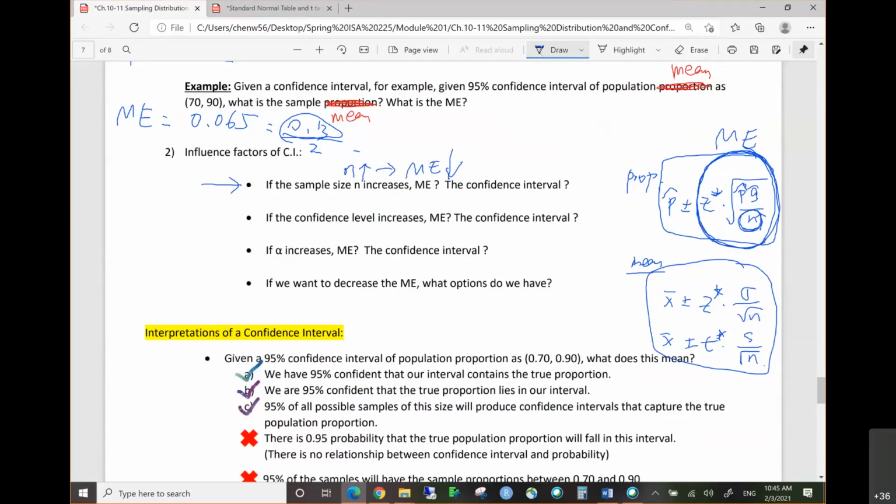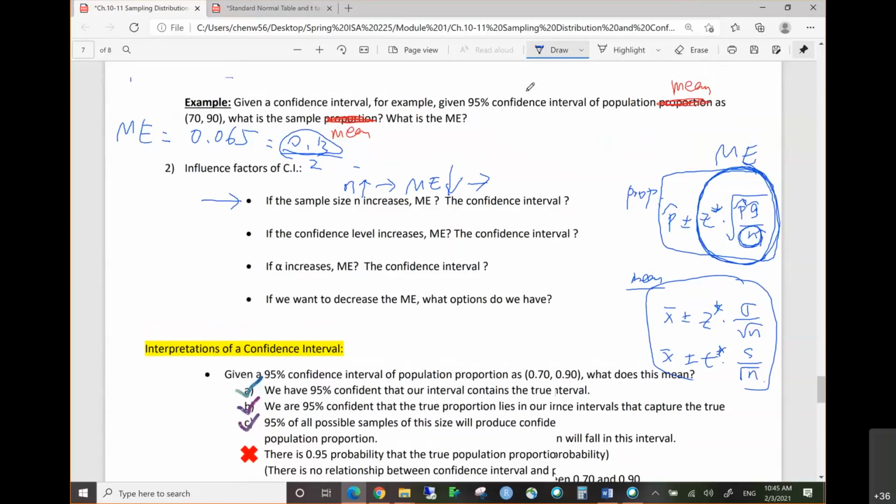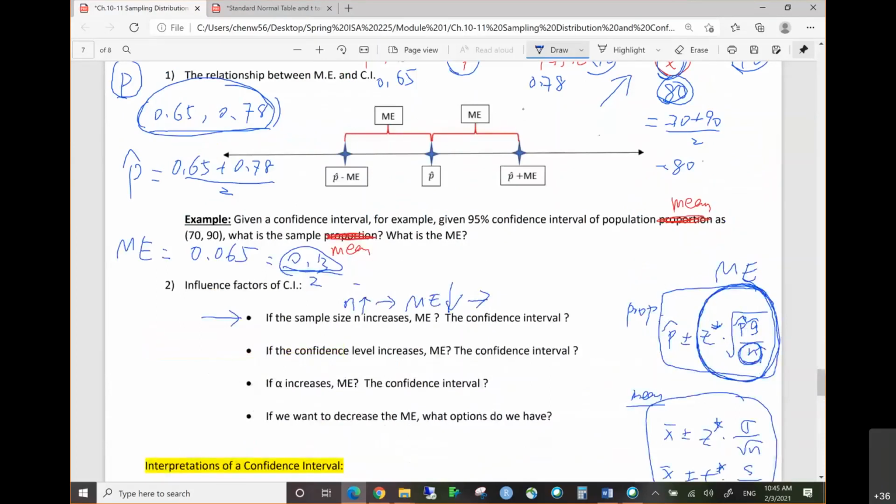If your margin of error decreases, what will happen to your confidence interval? Your confidence interval will be wider or narrower? Narrower, because if your margin of error is smaller, that means your confidence interval will be narrower, right? All right. Okay, next